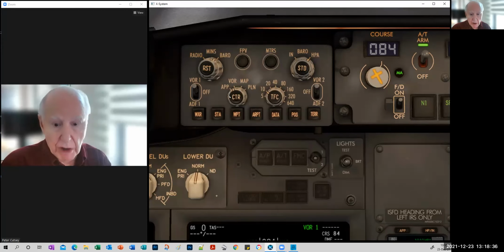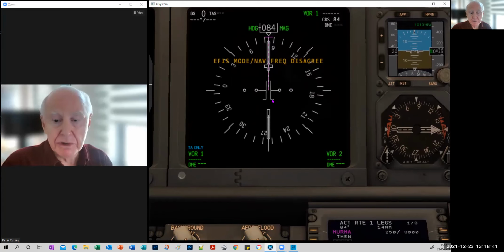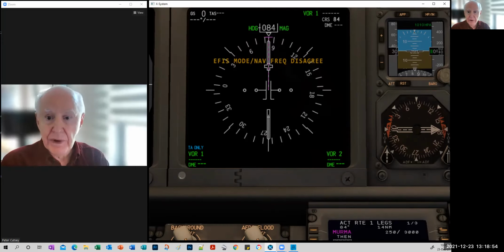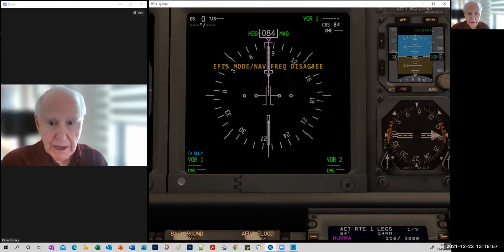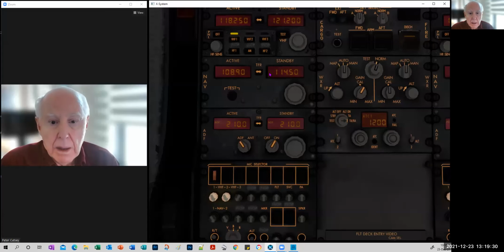Remember, when you go to the VOR mode, if you're asked to intercept a radial, this is what you'll see. We're in the VOR center mode. And if you notice, we have a message that says EFIS mode nav frequency disagree. So EFIS mode, the mode we selected, and the frequency don't agree, meaning we have selected VOR on the EFIS mode. And on the nav